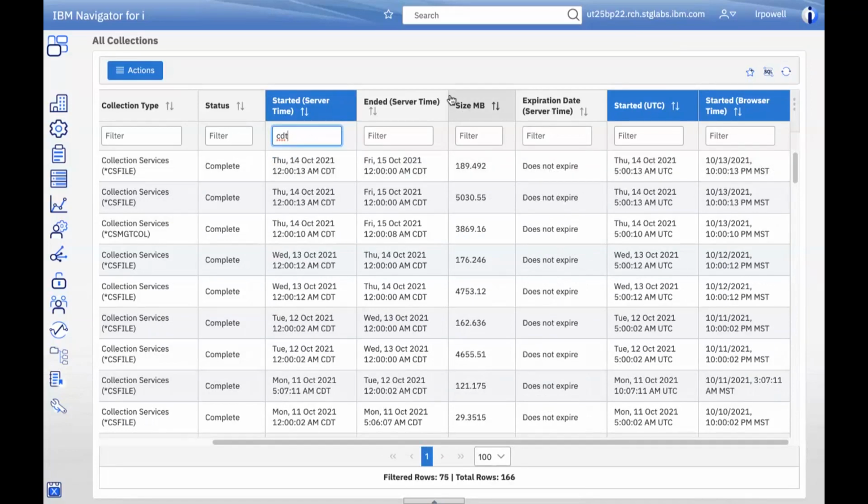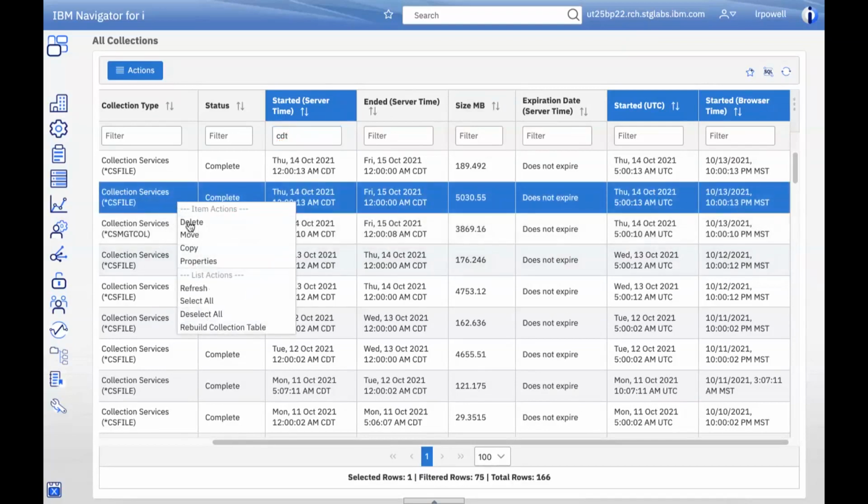And so as we're looking at things across the globe, and like Tim said, he's looking at a system that's in Michigan, and that's 1 hour time difference, I believe. And so it just helps you to be able to relate to where things are in your time and in the world time. Let's see, and so the move, copy, and delete functions are here as they were before, but